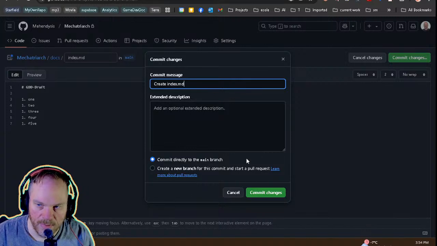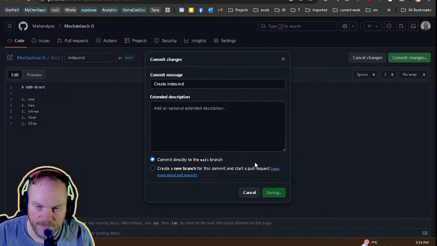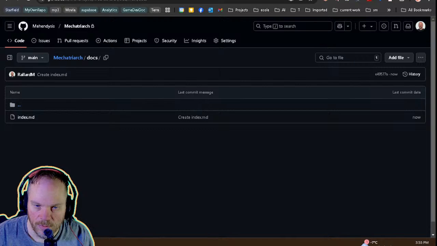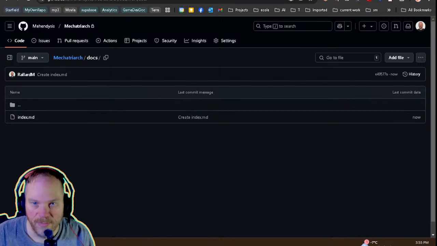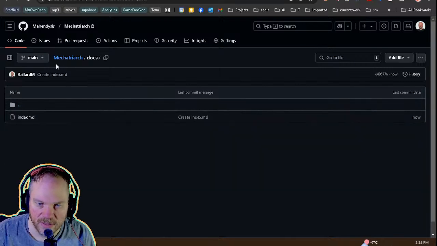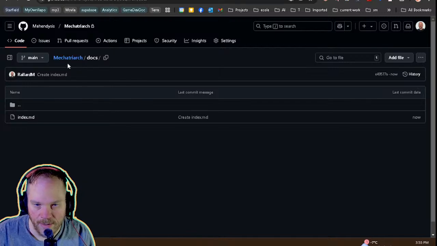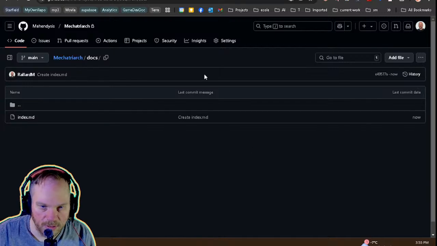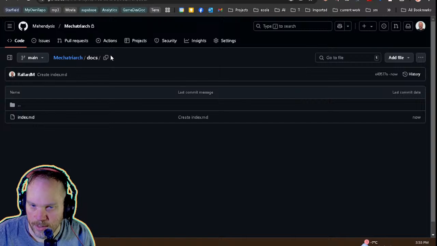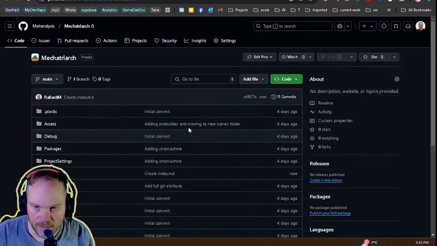Don't use this commit. It's preferable to clone it on your computer, especially if other people are working on the project while you're doing that. But let's say you just started the project, no one is working on it. You create the doc, and the best thing to do from there